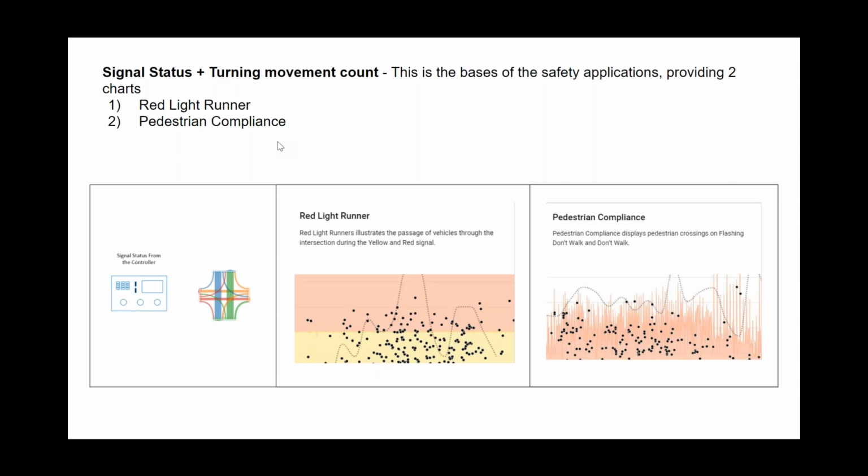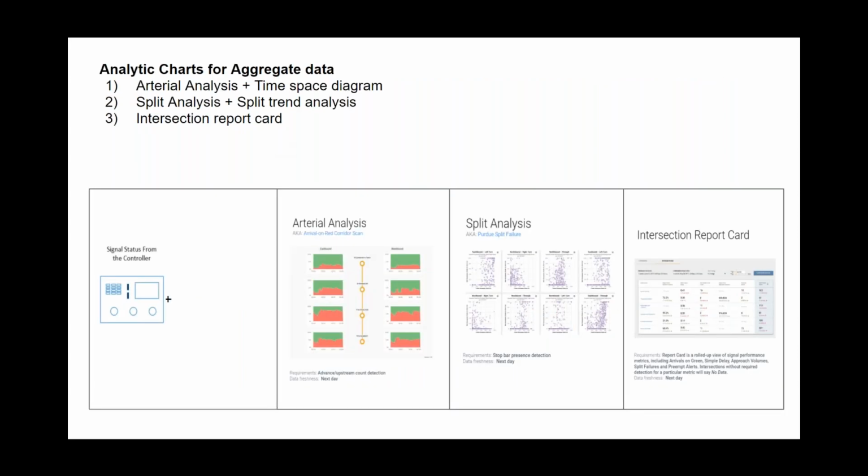So we have all these charts in our system to help you really understand all the different angles of data coming from this traffic controller, the signal, the turning movement counts, and the video analytics that we provide. But you're probably thinking, that's a lot of data. And this is where some of our sessions around intersection health come in. We really help you through one of our analytics charts or through our intersection health tool, really try to conceptualize this in a way that you can view where to look, where to go, which intersection is causing the problem.